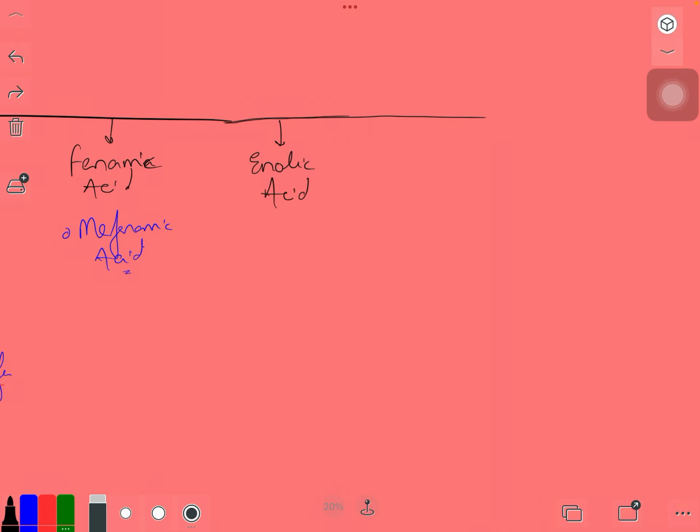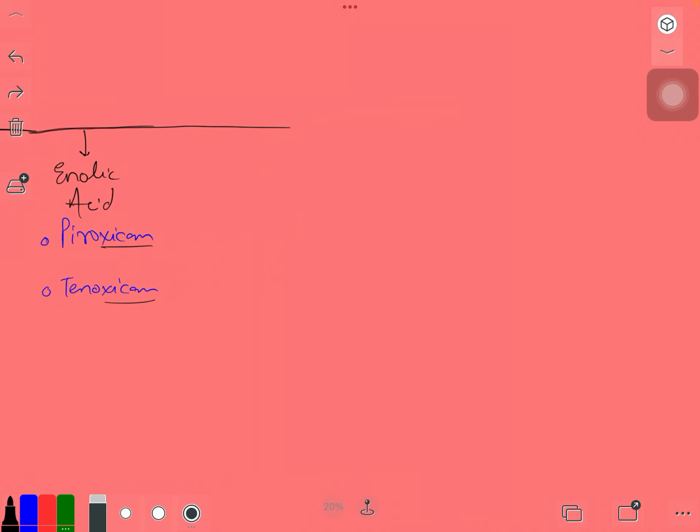Enolic acid group. In this, two drugs come: piroxicam and tenoxicam. Right, it is the suffix "-xicam". Next one is